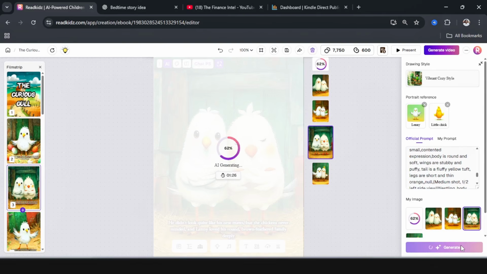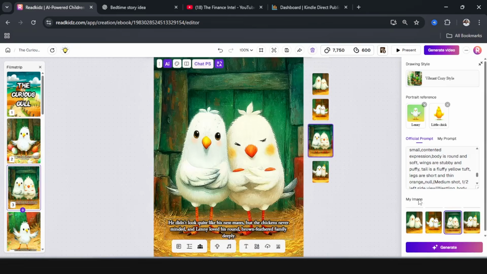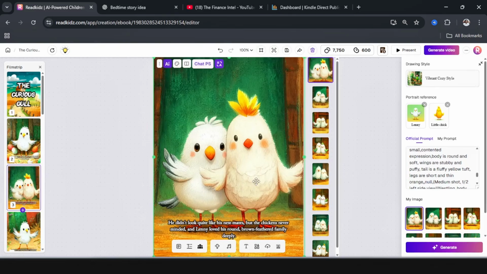Now, typically the prompt I actually left it with was under the official prompt. So this AI tool would actually scan through each of the outlines of the story, and it's going to give an official prompt that best describes what the story is saying. So in most cases, the official prompt actually aligns with the story. So all I did was generate. I did not add a new prompt to it. So I think this is more like a better representation, and it actually has some more tint to it and